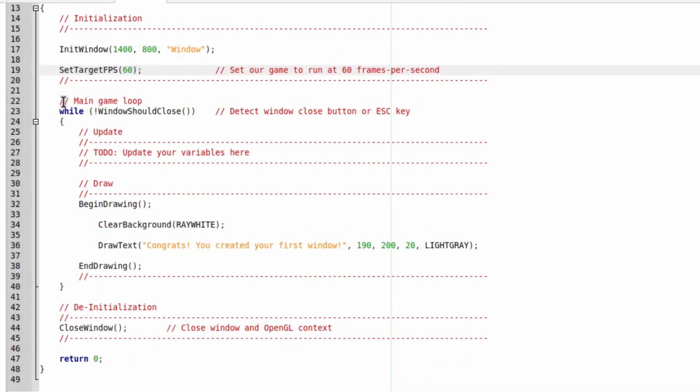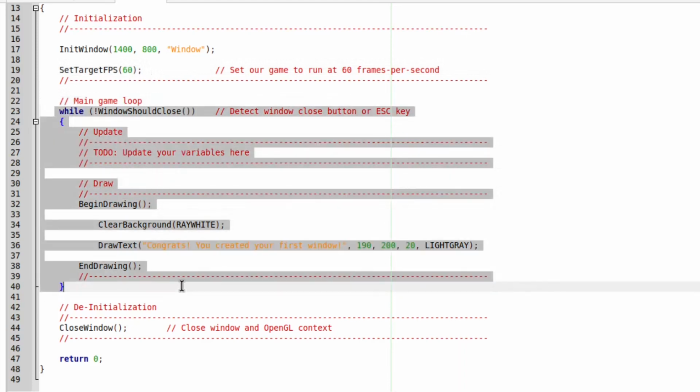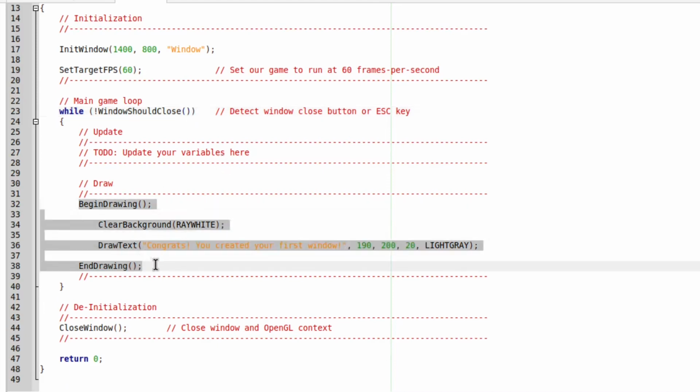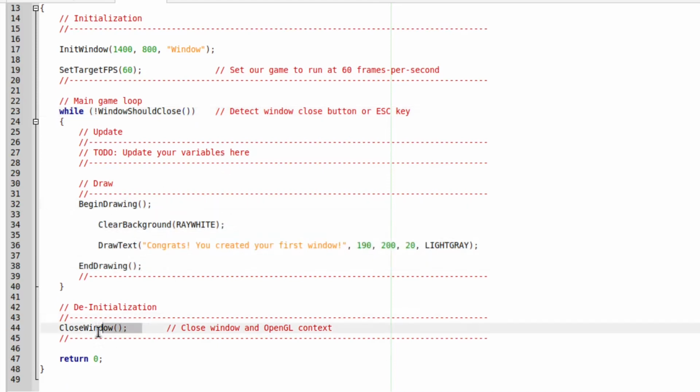And here is the main game loop, which is the while loop that we see here, and it ends here. It says while not window should close. It detects if you close it or use the escape button. It's automatically set to escape. You can change the escape or the exit button later on. And then we also have begin drawing, and also window close is after here to close the window and close